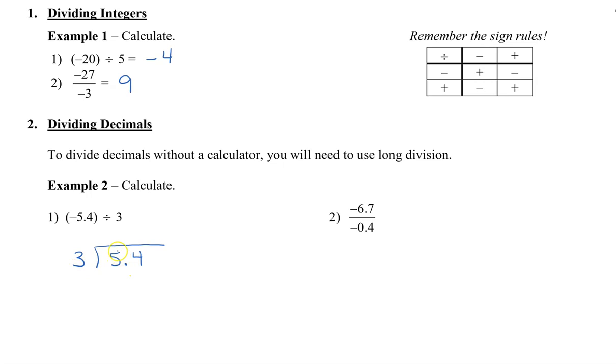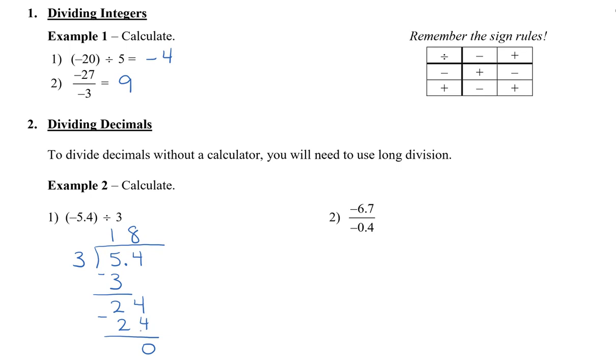So 3 goes into the 5 one time. And then 1 times 3 is 3. We're going to subtract. And that gives us 2. And now we have 24. 3 goes into 24 8 times, and then 8 times 3 is 24, and we subtract, and we have 0,